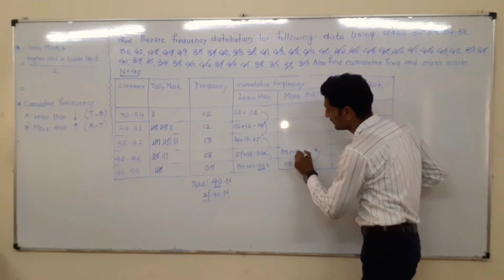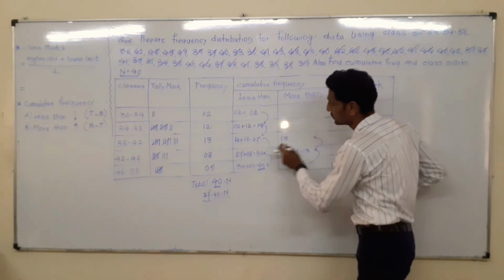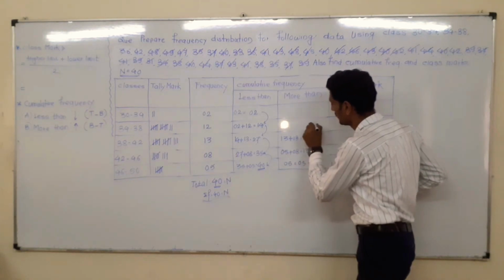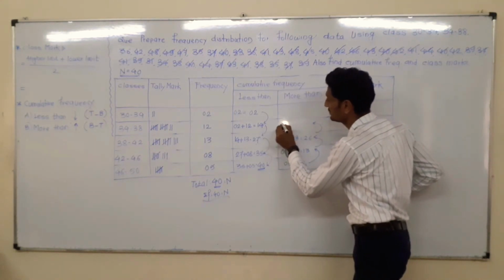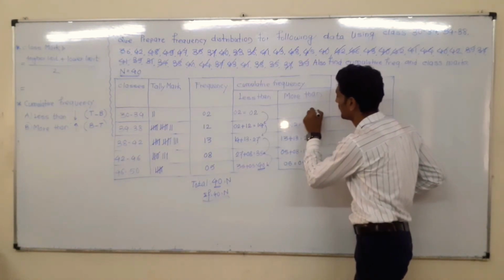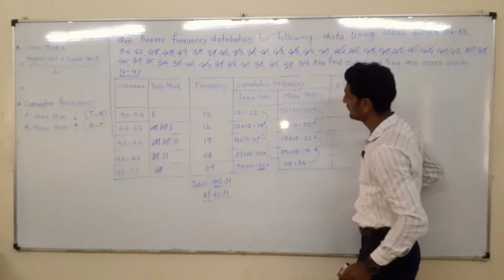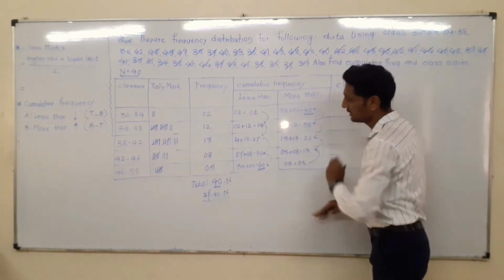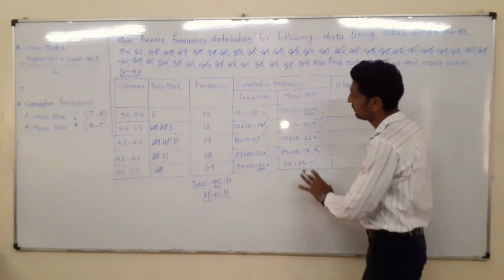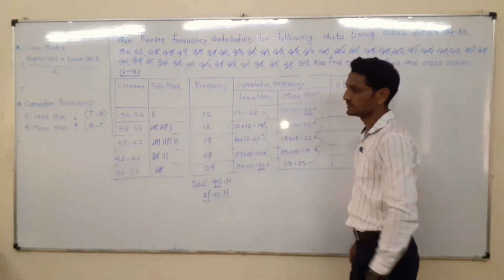It will get added with the earlier number, that is 5 plus 8 is equal to 13. Next, this 13 with the next frequency 13 equal to 26. Now for the next, that is 26 plus 12 equal to 38, and now this 38 plus 2 is equal to 40. 40 means this amount and the total frequency remain unchanged, remain same. So we have seen here the less than cumulative frequency method and the more than cumulative frequency method.